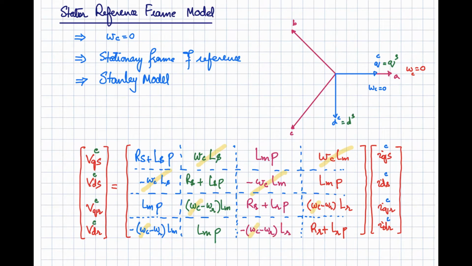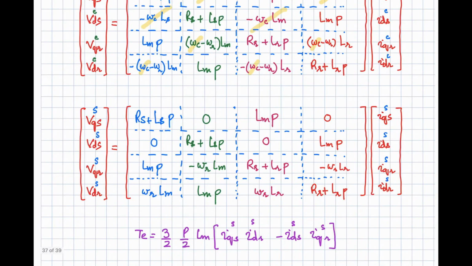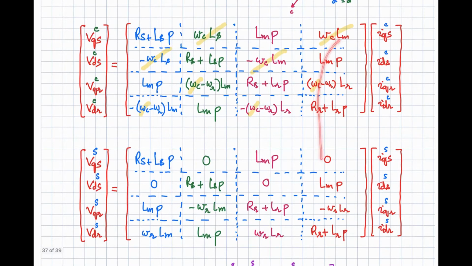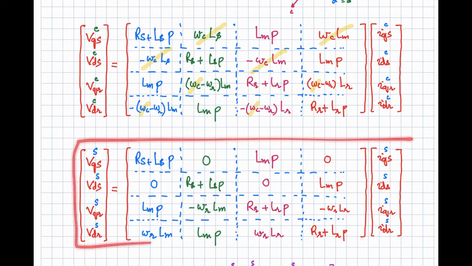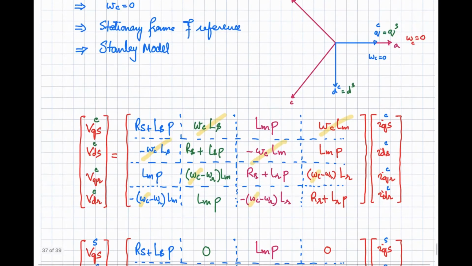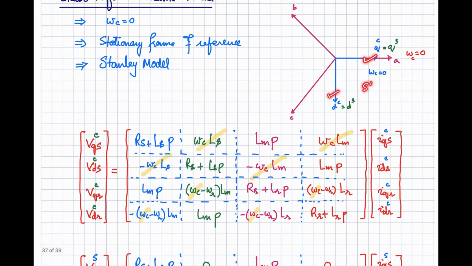So we can write down the equation in the stator frame of reference that will relate the currents with the voltages. As you can see over here, these terms have been replaced with zeros and these terms are modified. So this is the model in the stationary frame of reference, or the stator frame model of your induction motor, in which you have considered that your q and the d axis are stationary, not rotating, they are fixed, and the q axis is aligned with the alpha axis.